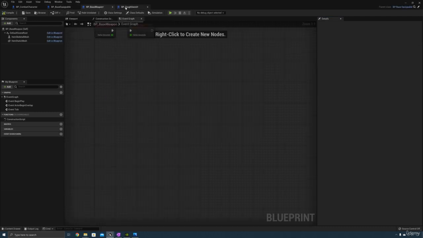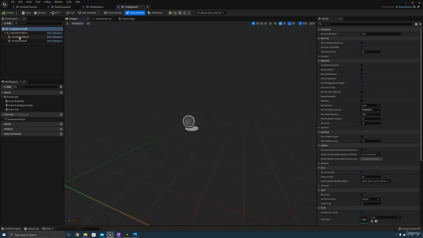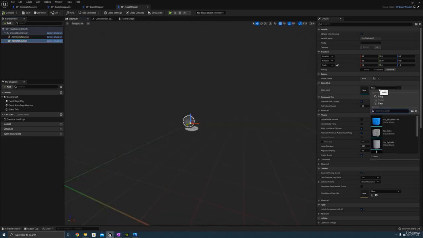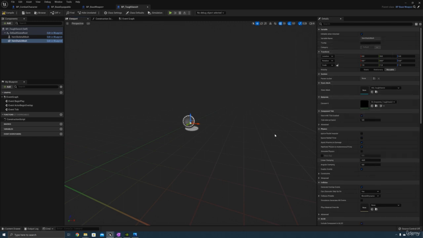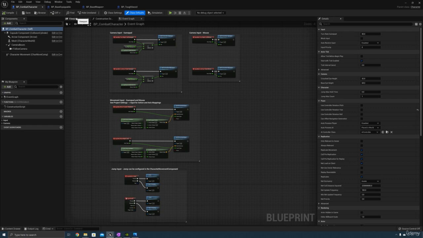So now what we're going to do is open the full blueprint editor for the tough sword, and let's go ahead and add the static mesh for the weapon. We'll add the tough sword mesh. Now select class defaults, and we need to override the attach socket name variable. And we can put in the attach socket that we have for our weapon, which we need to go ahead and create. So go to the base character